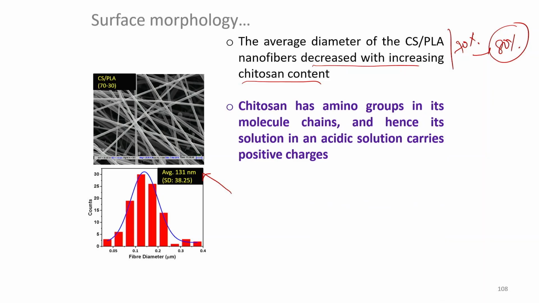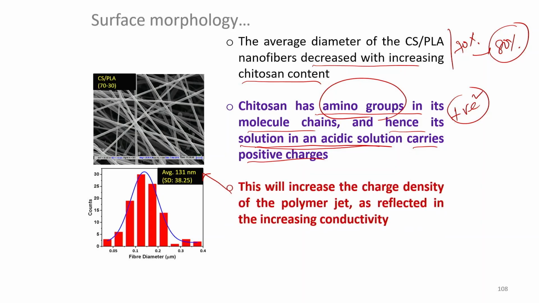The reason being that chitosan has an amino group in its molecular chain, hence its solution is an acidic solution and carries positive charges. Here it carries the positive charges because of the amino group. So, in acidic solution it is carrying positive charge,